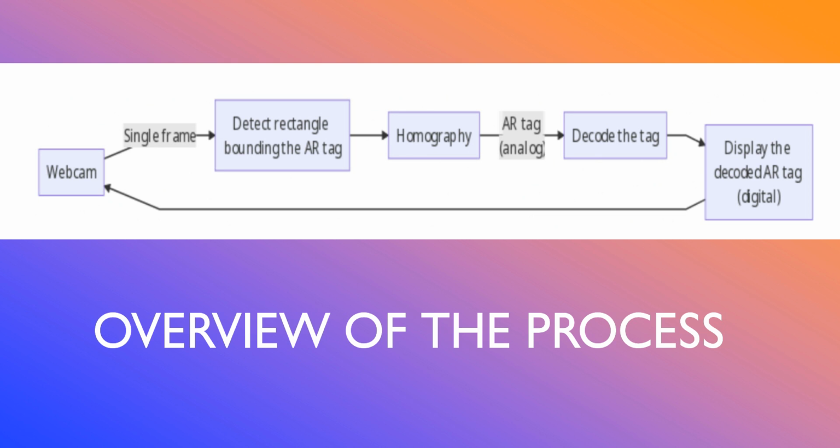Using those coordinates, we are feeding them to the homography, which is responsible for orienting the AI tag in a proper direction. The output of the homography is an AI tag in grayscale format. Using that AI tag, we have written our own custom-made AI tag decoding algorithm, which is responsible for decoding the AI tag, and it displays the ID as well as the AI tag, and the whole process repeats continuously in